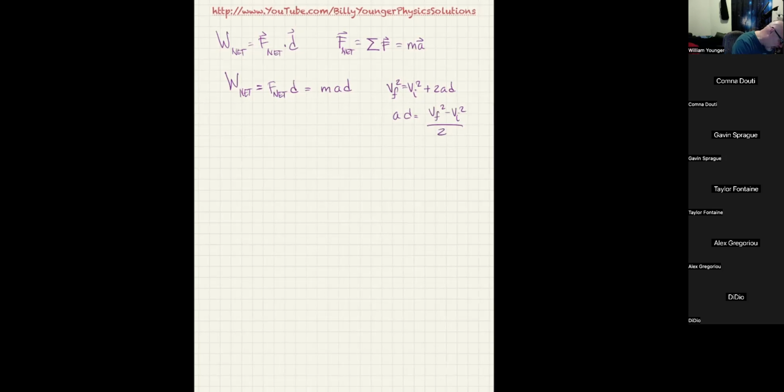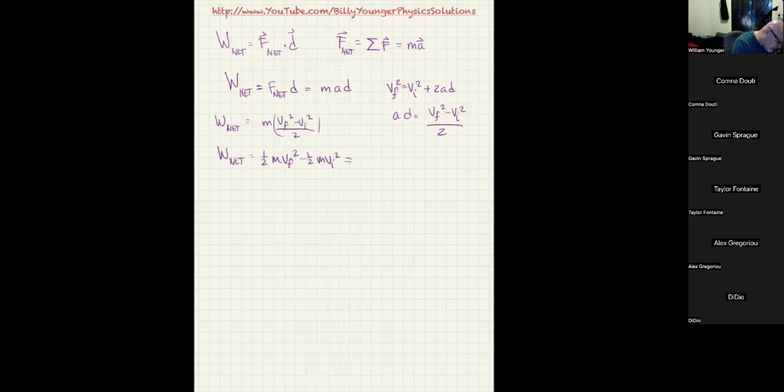So now I get W net is equal to the mass times V final squared minus V initial squared over 2, which I can make a little better by saying W net is equal to 1/2 m V final squared minus 1/2 m V initial squared,